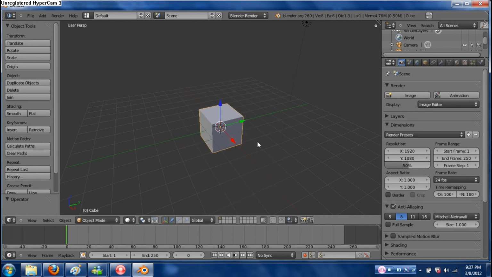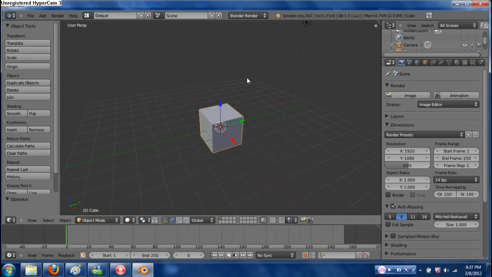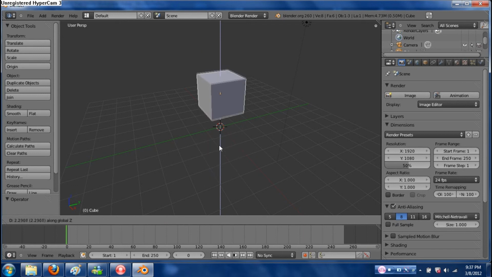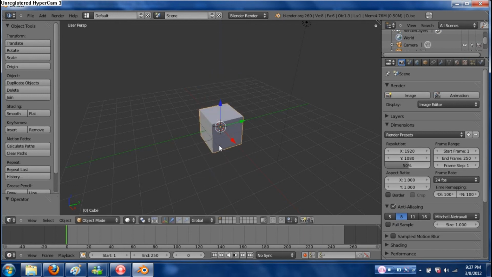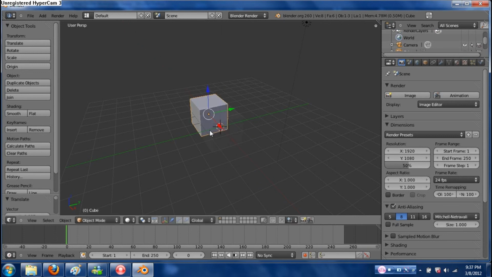Now if I get back to regular cube, I can do rotate and do X, which rotates it along the axis, meaning it's going to spin in only this direction. I can do all three X, Y, and Z for rotating and grabbing too. So I can do like up and down, go back, do like further, close, lejos and cerca, and all that kind of stuff. I probably butchered that. Sorry, my Spanish is not very well.